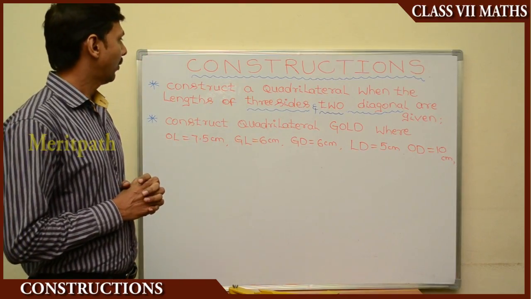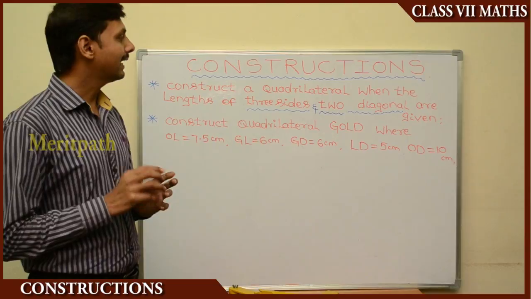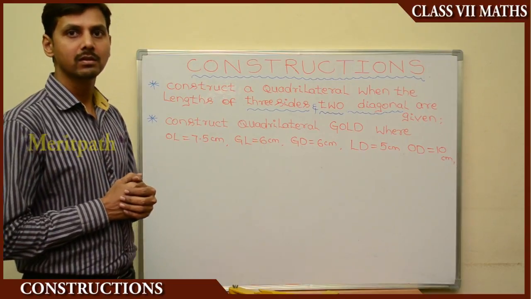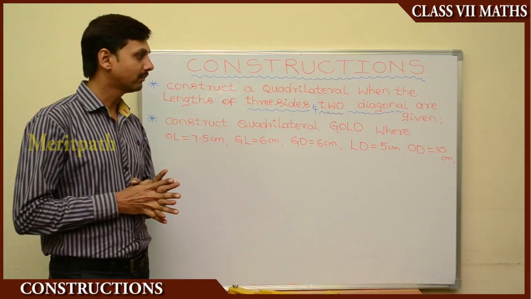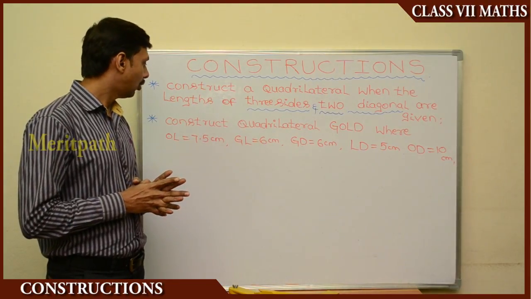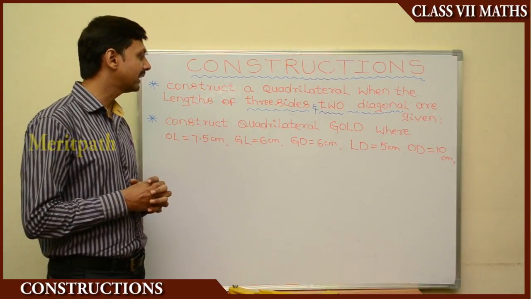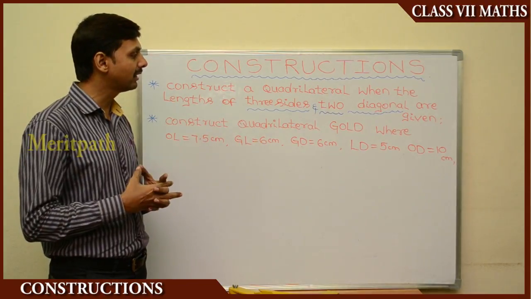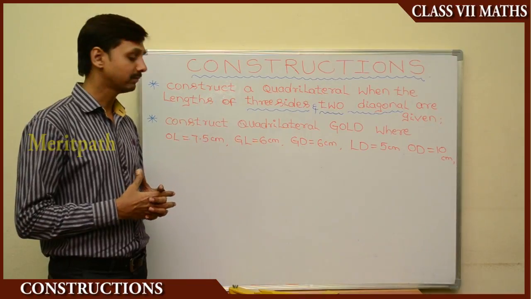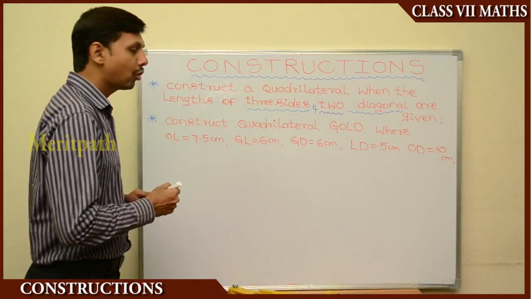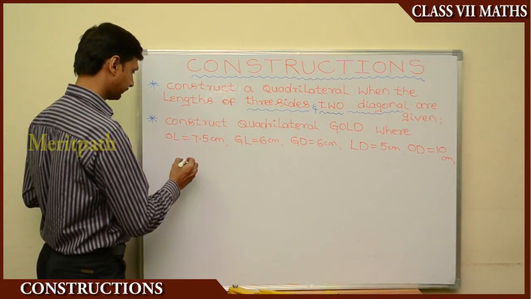Quadrilateral when the lengths of 3 sides and 2 diagonals are given. So construct a quadrilateral GOLD where OL is 7.5 centimeters, GL is 6 centimeters, GD is 6 centimeters, LD is 5 centimeters, OD is equal to 10 centimeters. So quadrilateral GOLD